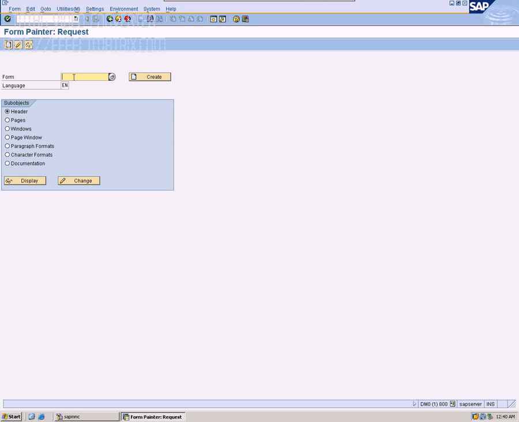Generally SAP has all forms predefined, and if we want any changes to the standard forms, we are going to copy those forms and make our own modifications. Now if we want to create our own form